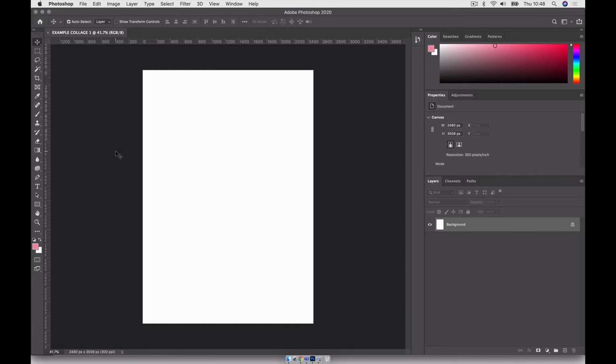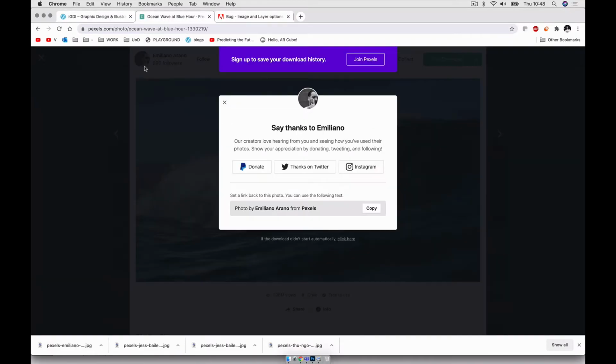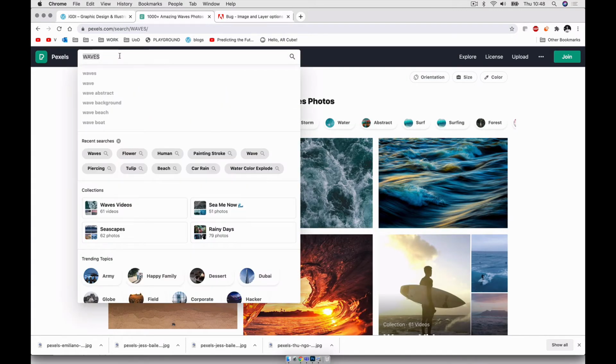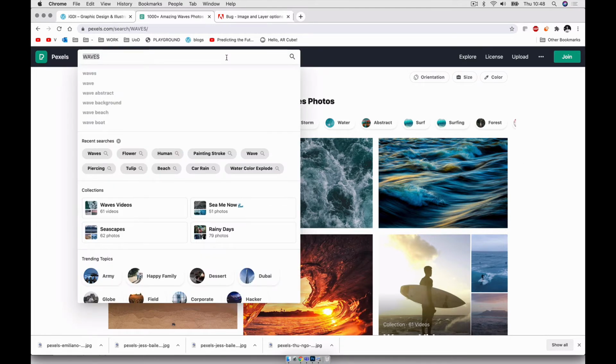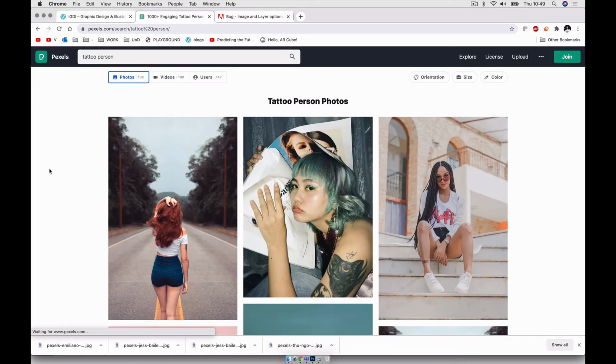Great. So what we want to do is import a piece of art or a photo or an image into a layer. So I'm going to use this source here, Pexels, another great resource for just image gathering. So this is a collage with a person as the center, a human at the center. So we'll go tattoo person. We'll make it look cool. Tattoos are